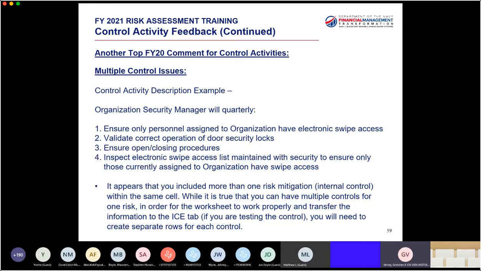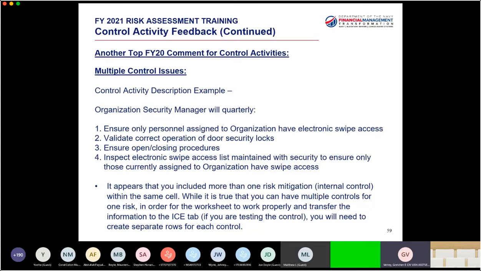And if you've identified multiple controls that don't link with each other in one cell, then all of those controls are going to come over in one row on the ICE, and you may not actually be testing all of the activities that you are identifying.